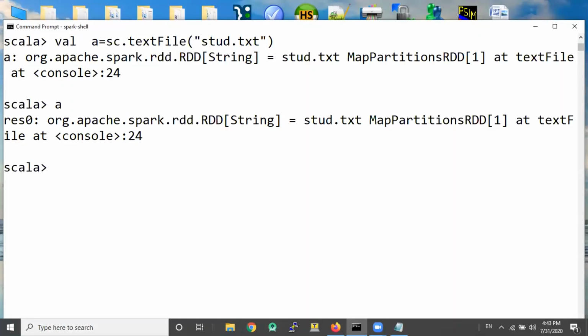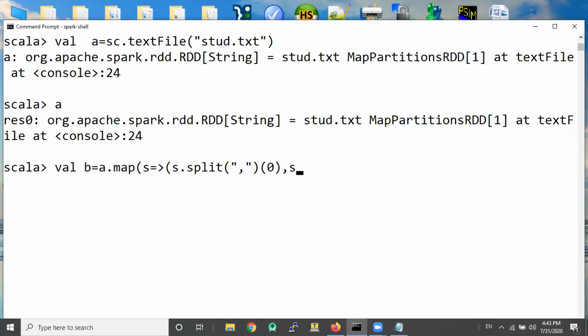Now, as usual, we split it up. We do a.map, and we do s.split on comma, and then we give a 0, comma.